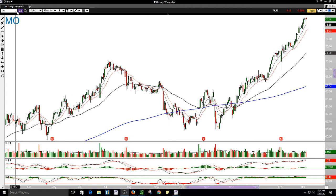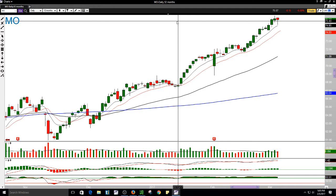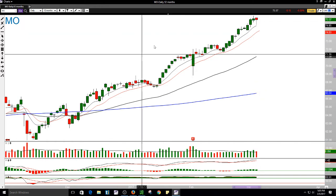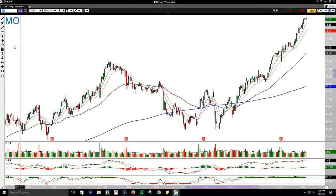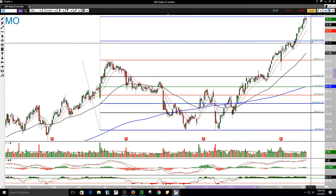I'm looking at this first one for this week, MO. So what I'd like to see is, there are a couple of reasons I like this chart for the short. Now, I'm looking at a shooting star up at the top here, an inverted hammer, and a hanging man right at the top. So that's my first reason, just based off of candlesticks. Also, there's a fib projection from where it came from, where it pulled back to, where I'm looking at this